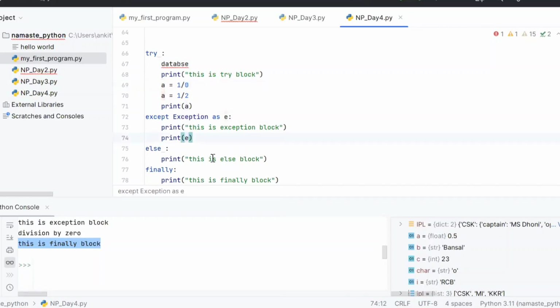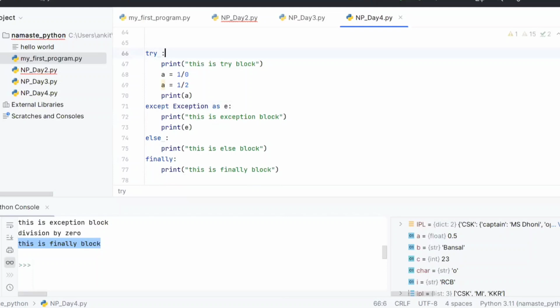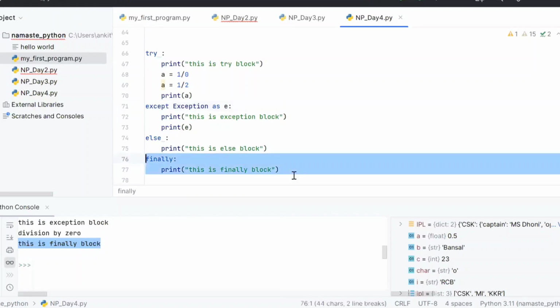maybe you have to write that code in both places, except and else. Because if an exception is coming, then you want to close this, and if it is not coming, then also you want to close it. If you put it in else, and some exception is there, then your database connection will never be closed. So finally, you want to run irrespective of whether an exception is coming or not.